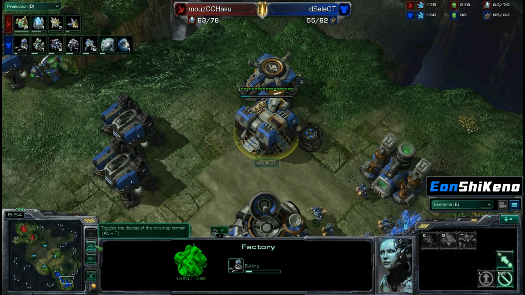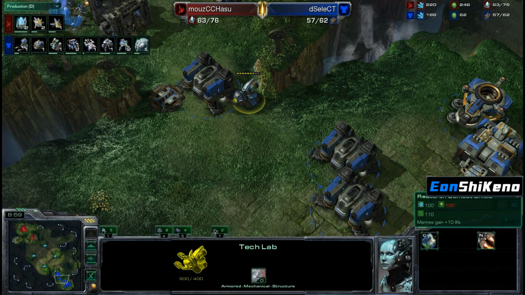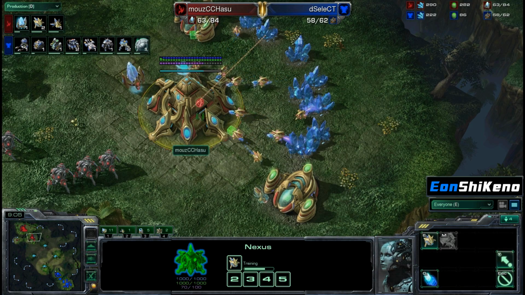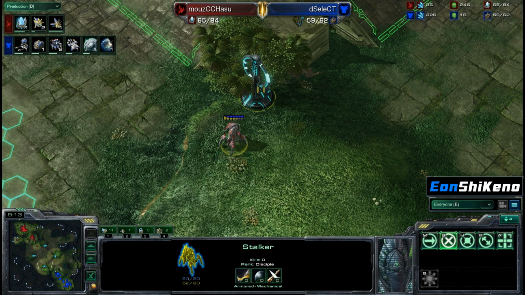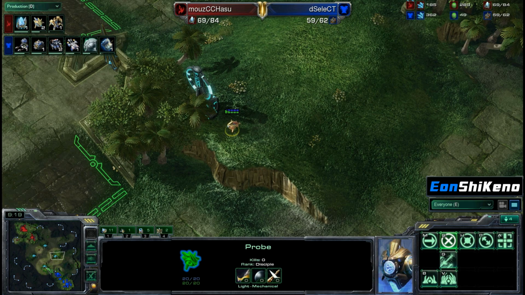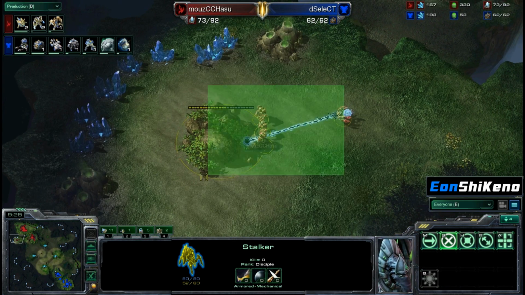reactor on the factory. Once again, SeleCT's going to go for that Marine Marauder Medevac play. Hasn't got combat shield yet. Got +1 on the way. Medevac's coming out. Let's check what Hasu's up to. 2 more gas going. Those guys are done. Observer heading out across the map. Nice Xel'Naga Tower vision here for Hasu. Even has a probe hanging out over there. And a stalker down here at the bottom one. Zealots and the Sentry. Now,